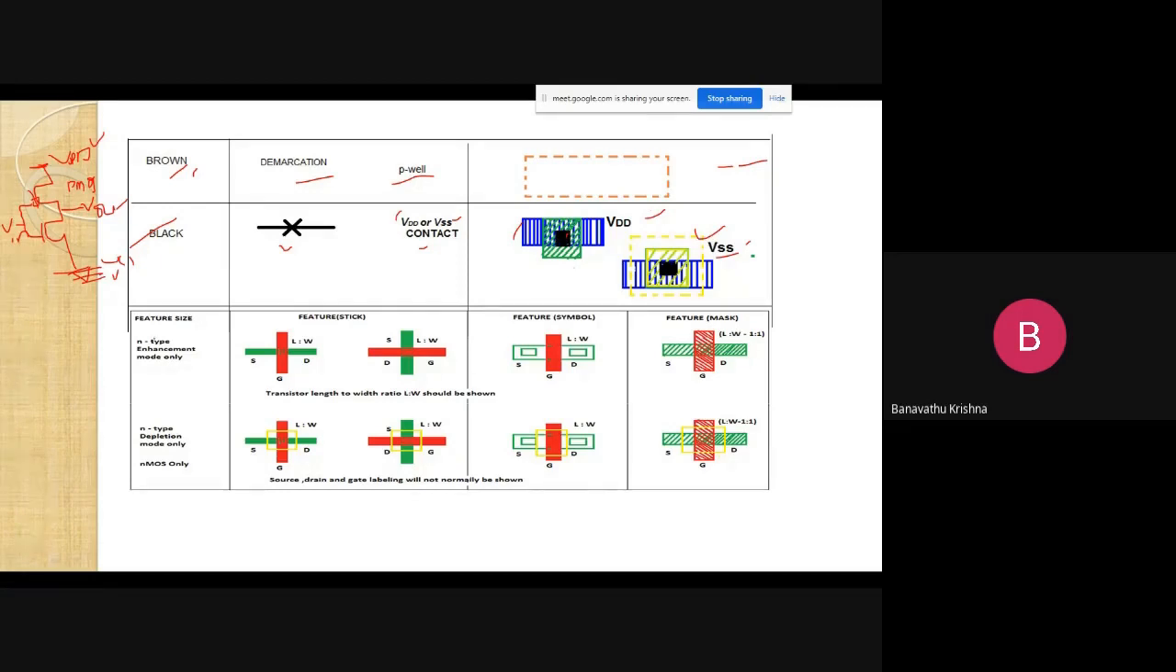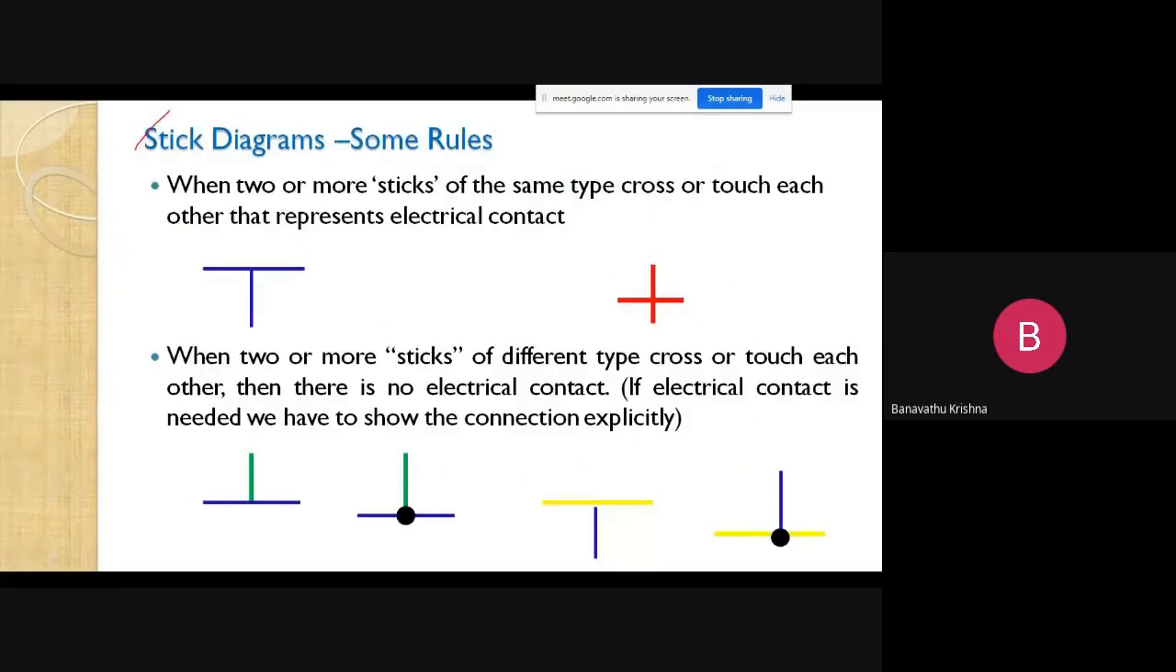Next thing. This is already done: the NMOS enhancement mode and NMOS depletion mode in stick diagram representation and layout representation, for future masking, stick and symbol and masking layers, right? And coming to the stick diagram, some rules. When two or more sticks of the same type